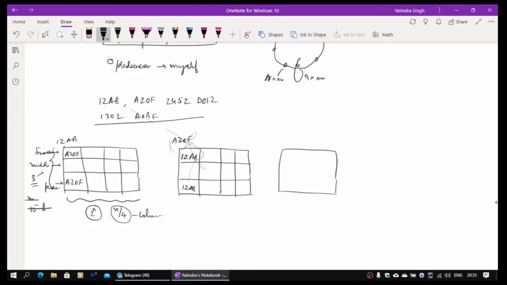So when 2452 joins, it will talk to 12AB, get the routing table, and based on that will make an update. So they will keep on actually talking to the people and keep on updating. And the good thing is that if you are having 12AB, A20F, when A20F sends its routing table, it will also give you a lot of other entries which are in the second column, which will all be starting with A. So they will be all starting with AXX.